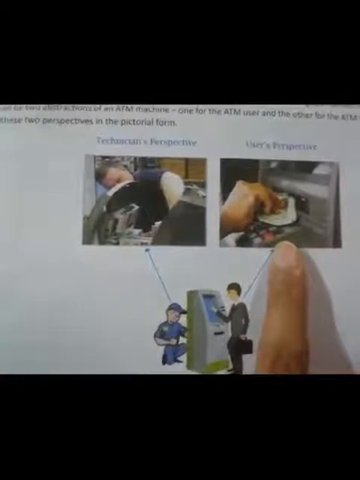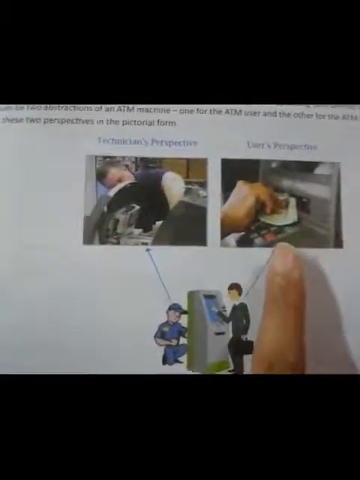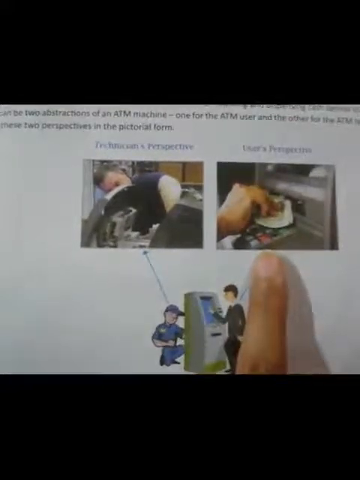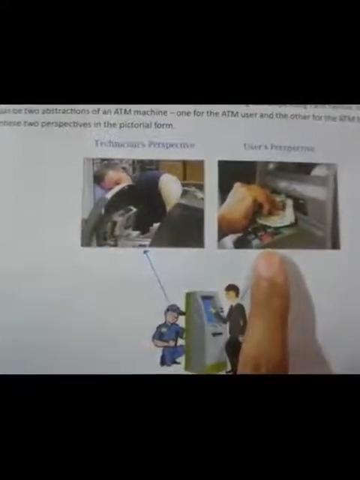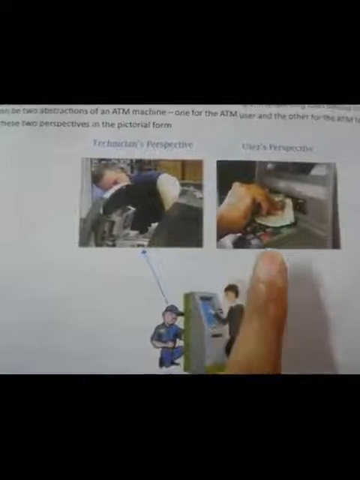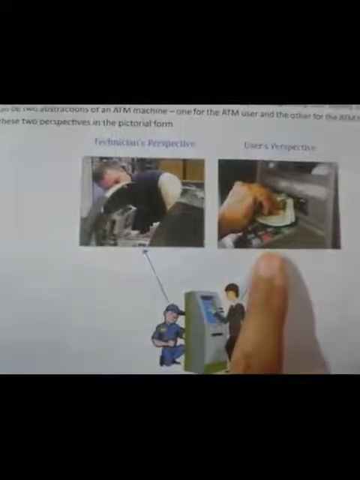Data abstraction also promotes data hiding. It saves our data. What is your data here? Your password, your account number, that is the main confidential thing. So these things should be known only to the user, okay.